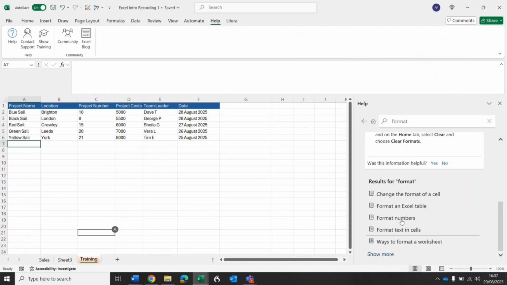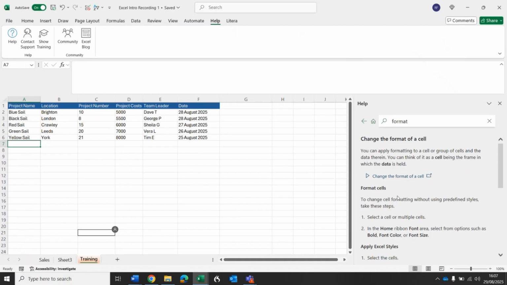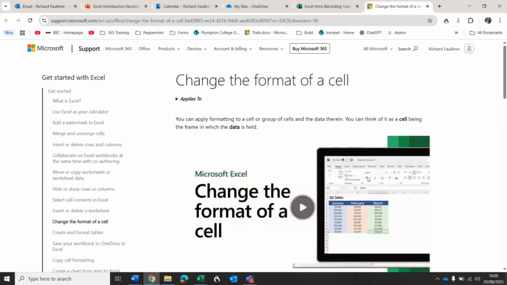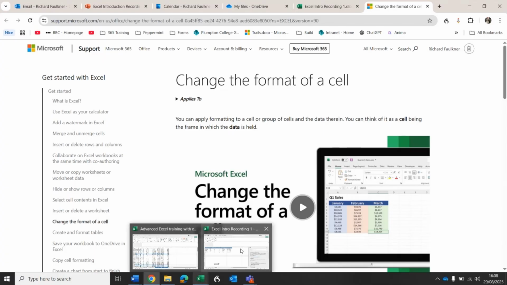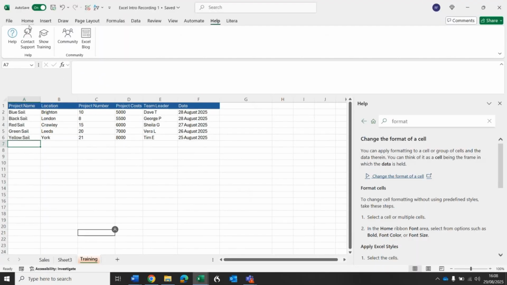So I'm just going to scroll down. Let's have a look at change the format of a cell. And here again, I can see I've got a play button. So that would take me into a video on the Microsoft website. And then I could watch that video. It's 1 minute, 2 minutes. And that would tell me everything I need to know about formatting in Excel. However,